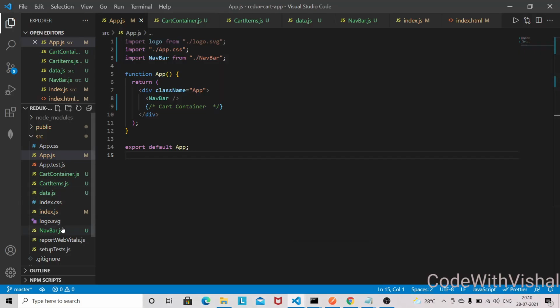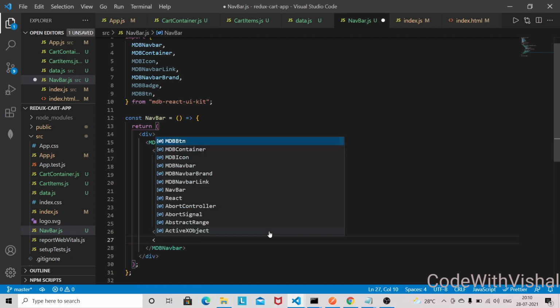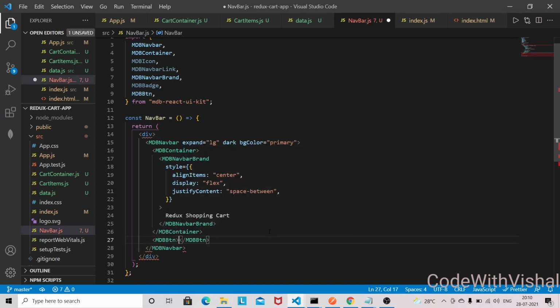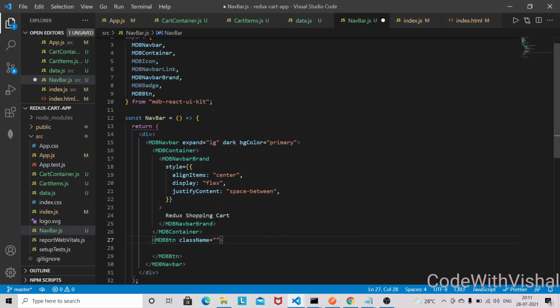So in navbar we'll have button as well. So MDBBtn, and we'll have the class name here text dark, and the color I can give here light, and I also need to give some inline style.